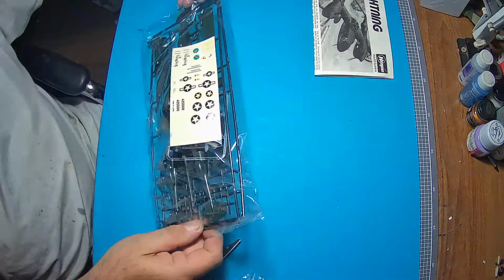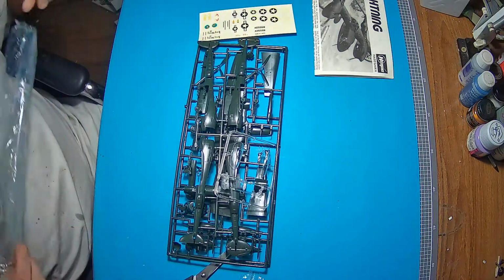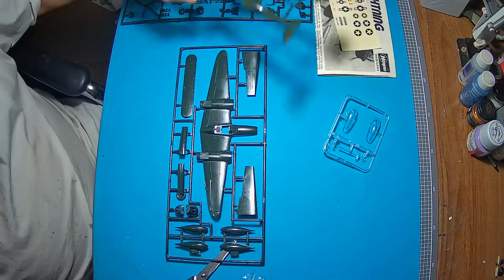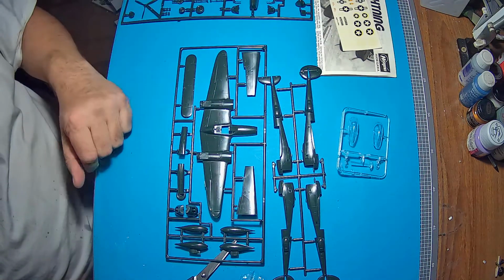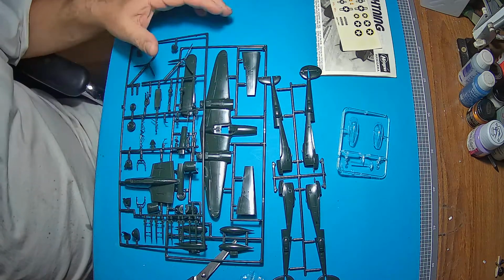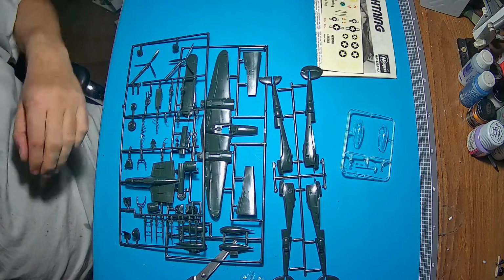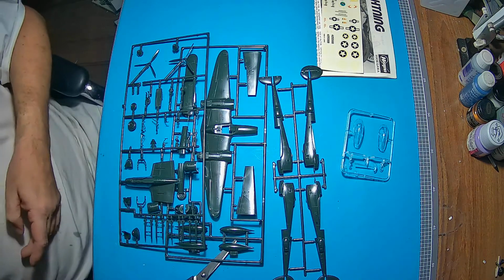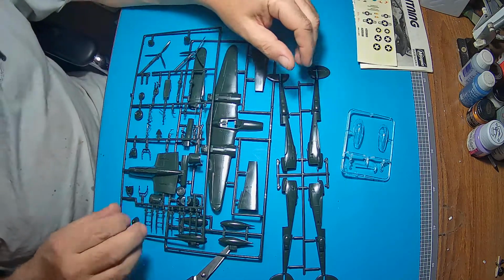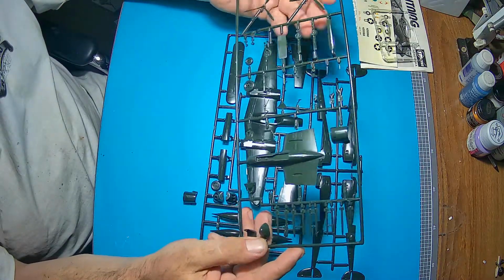I can see a couple of parts have come loose in the box, but that's not too bad considering how old it is. So what we have here is 1, 2, 3, 4 sprues of model aircraft, those being the main aircraft components, and one for the clear, a set of decals and some instructions. I'll crunch those up and make some noise in the background. What I might do, because the parts have got a couple of loose things on them, is pack them back into the box. We have a wheel that's come off,